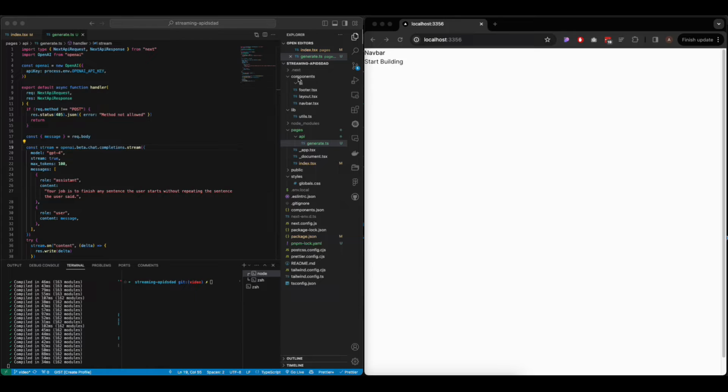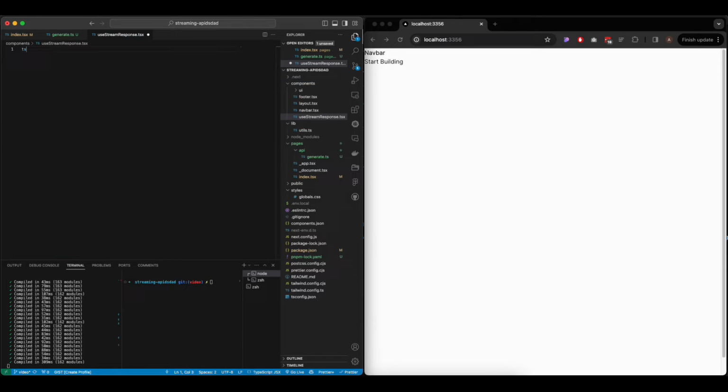Now let's continue and create our useStreamResponse hook. Okay, so for the stream response, we're going to be using quite a bit of state. So we're going to need to store the responses, the actual JSON data that we get back from the response, and the loading state. On top of that, we're going to be using React Query to handle all this